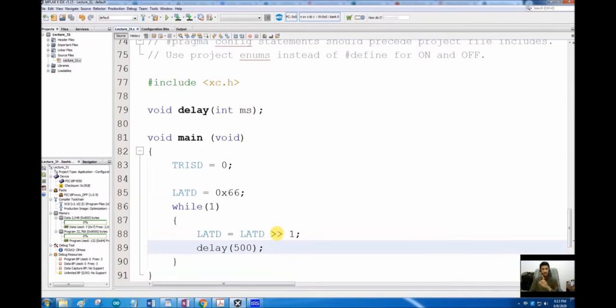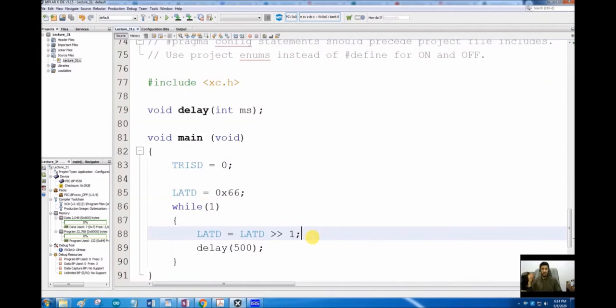Shifting the data by 1 means 1 bit is lost and a 0 is inserted on the other side. Rotating a data means that a bit, the LSB or the MSB, comes out of the register from one side and is loaded back into the register on the other side, and that we cannot do using a C language command. We don't have any C language operation that can perform a rotate operation.